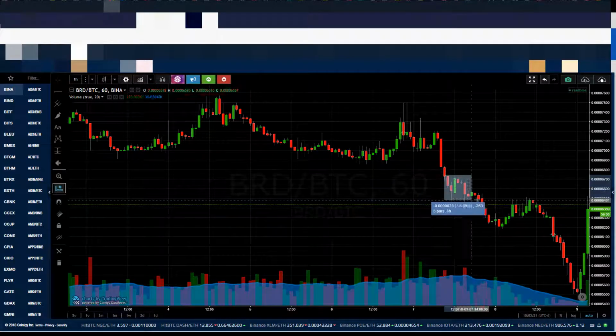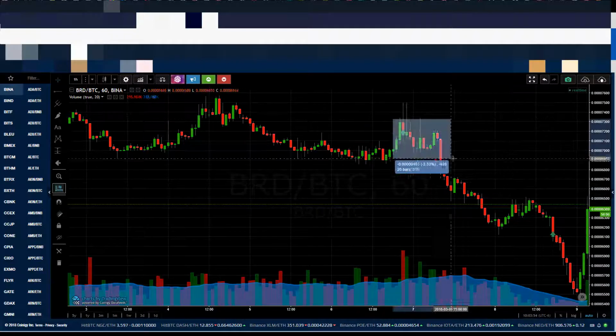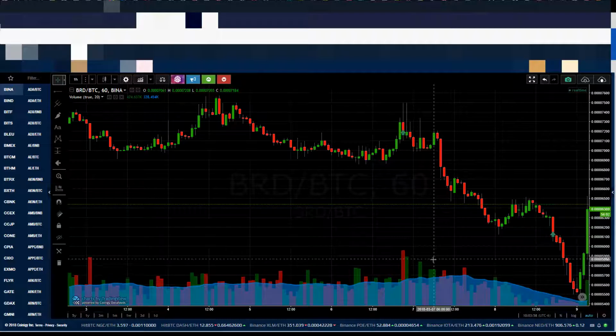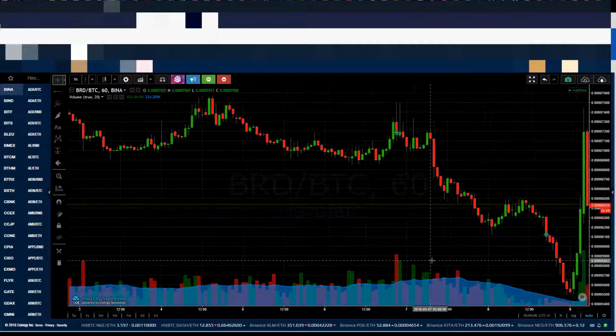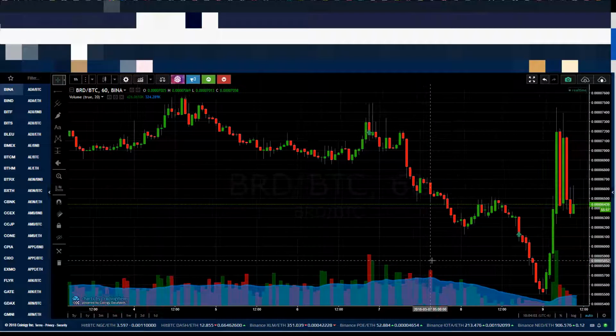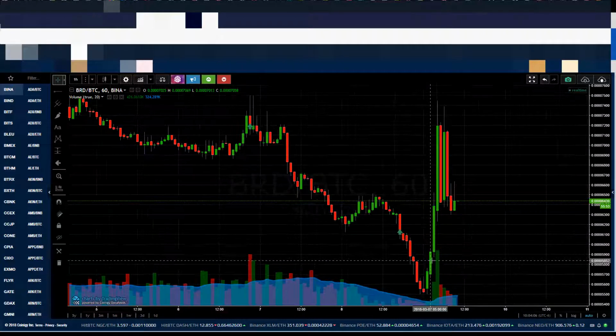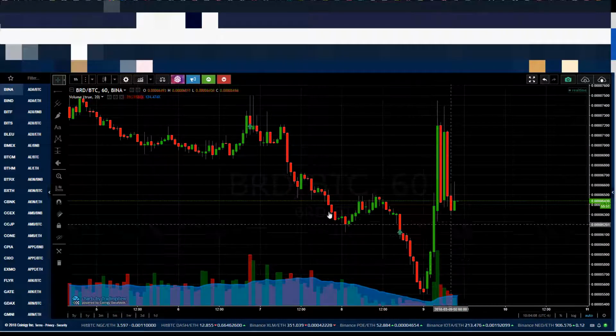Capital is getting trapped here. Capital has got trapped here. And capital has got trapped here, all right? That's where capital's got trapped. As we continue to move, obviously things are starting to happen. But let's look and see what happened, and let's analyze it from the perspective of capital getting